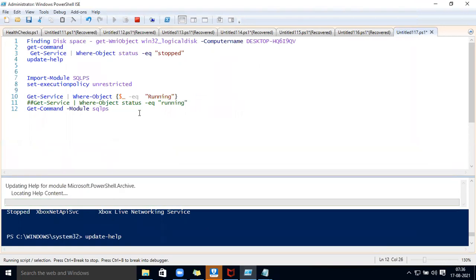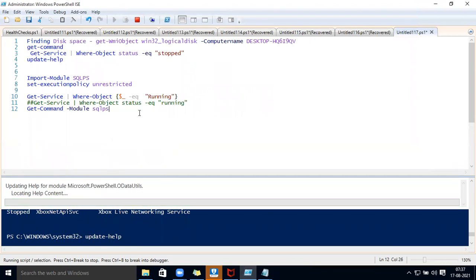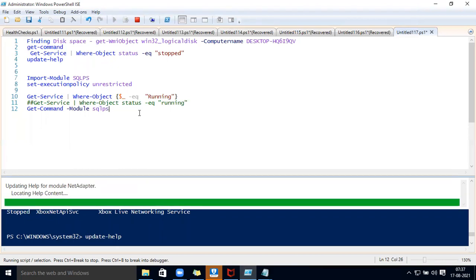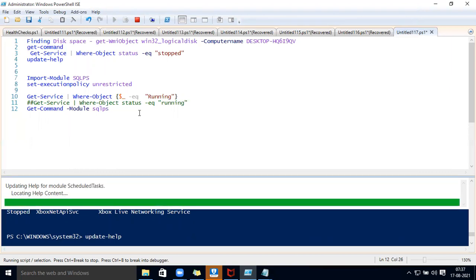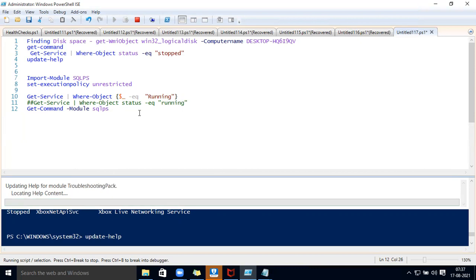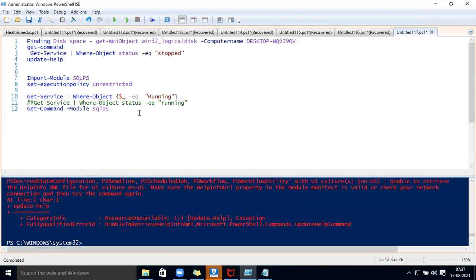I will show you how you can open the web page directly using PowerShell. If you want Get-Help with examples, and you want to read the documentation Microsoft has given for it, I will show you how to type it. Till then it is updating; I will just ask one question. Okay, it is completed. Maybe some modules are not given, no problem.